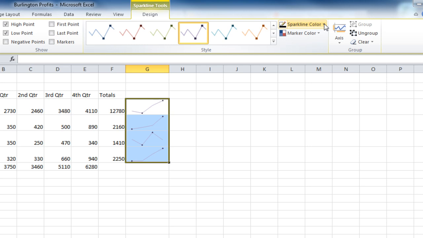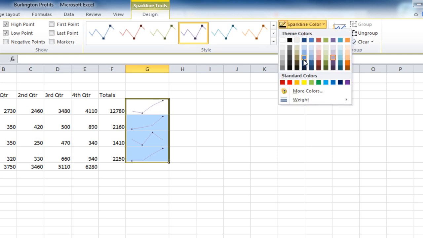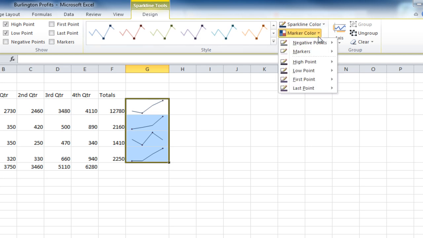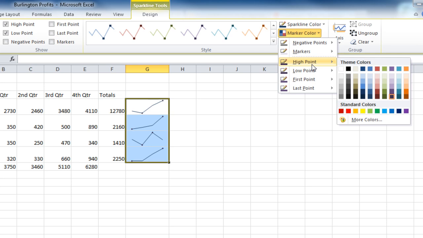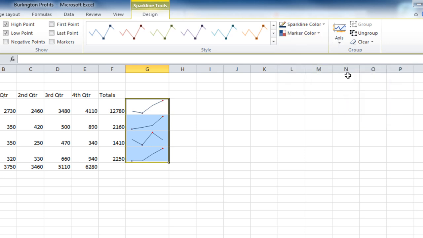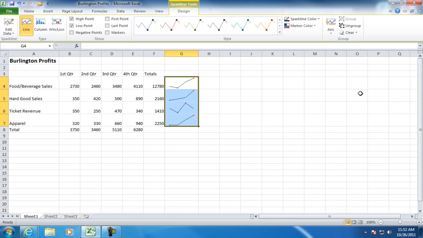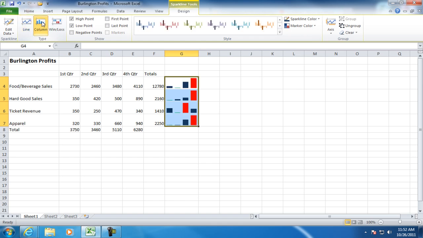You can also change the sparkline color to choose a specific color. The marker color will let you identify what the high point color is, the low point, negative points, first and last points. So if you want the high point to stand out, you might identify that with one color, and your marker color for the low point might be a different color. This will also show up with the other types of sparklines, such as your column will identify the high and low point, and the win-loss. We'll go back to line